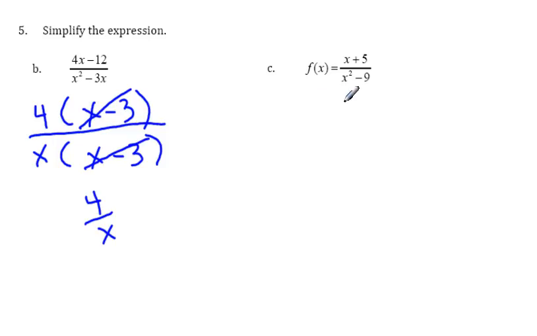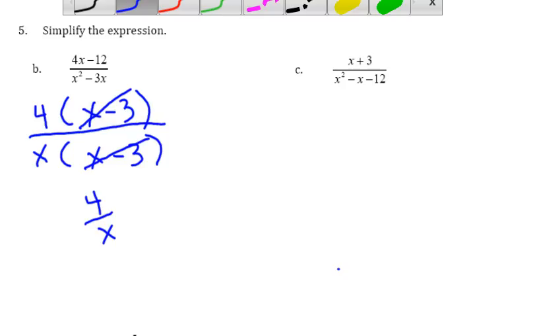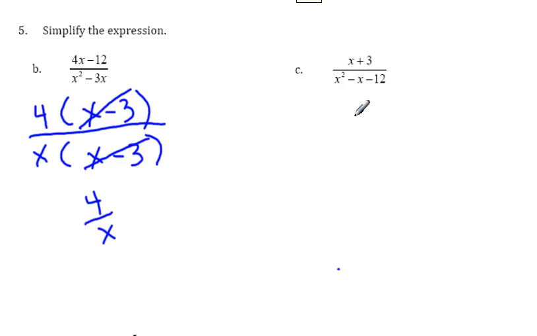When I come to C, if you'll notice, by magic, the problem changed. I had placed the wrong one there, so I have corrected that. So again, I have to factor the numerator and denominator. Of course, my numerator is already in factored form, so I just rewrite that, x plus 3. And on my denominator, I'm looking for what multiplies to negative 12 and adds to negative 1, which of course is negative 4 and positive 3. So that factors to x minus 4